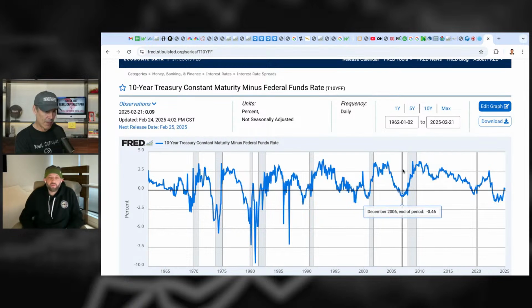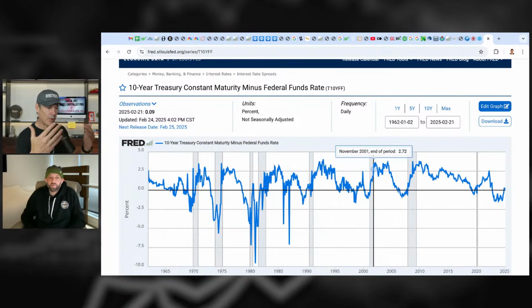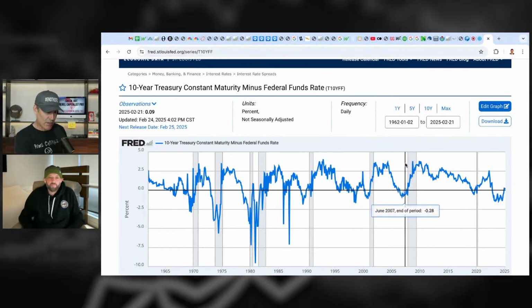Whoa, okay. Yeah, you see, we can go back to the dot-com era, and once it uninverted, it stays uninverted, and then it just really steepens out. And again, that's because of what they call a bull steepener, where the short end is going down faster because the Fed's dropping rates so quickly. We had a slight uninversion right here in the GFC, and then it reinverted. But it wasn't to the degree to which we've seen recently.